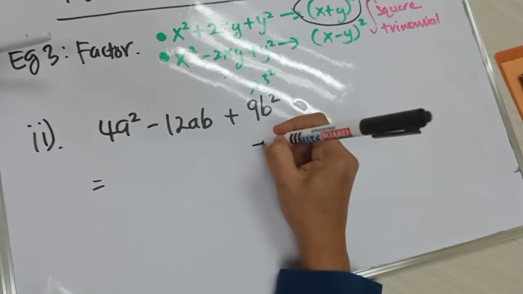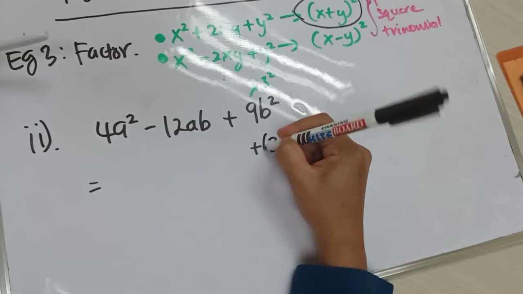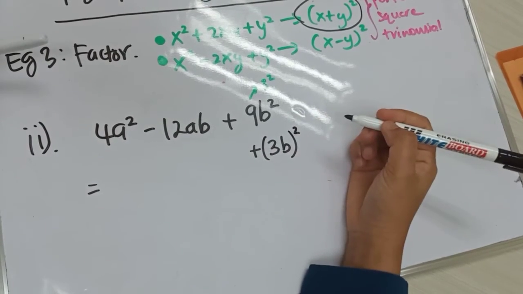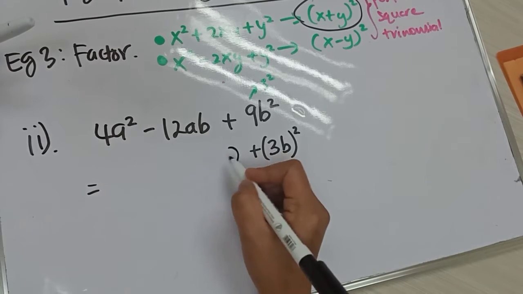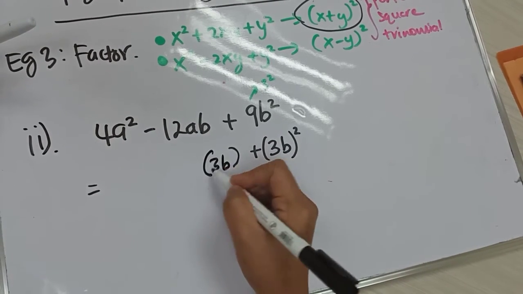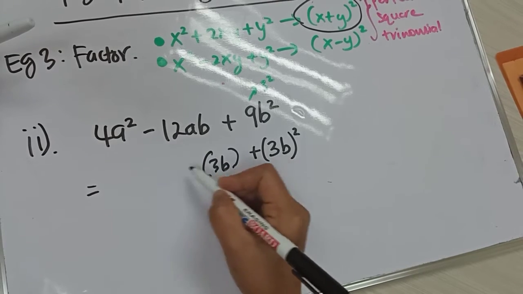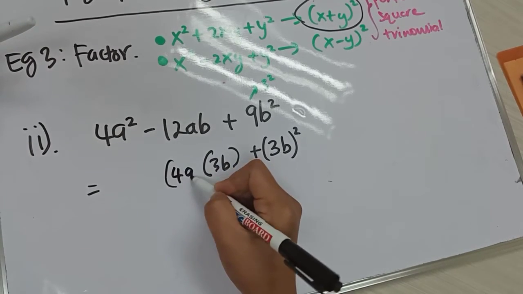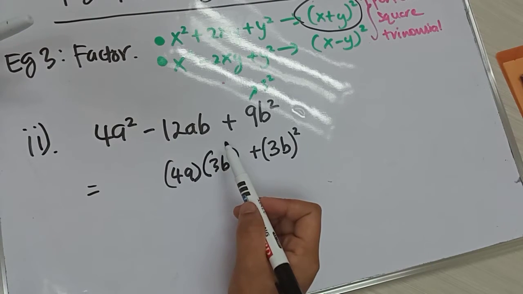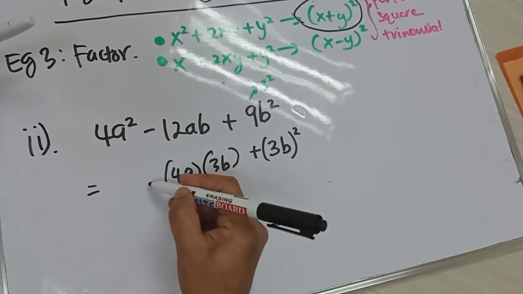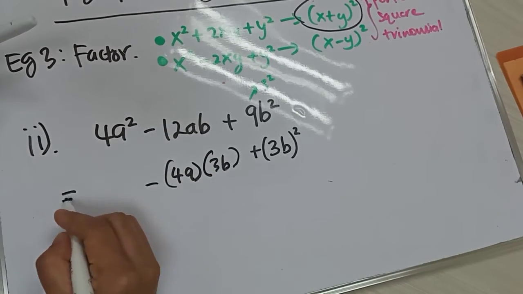So we know that for the third term, it will be 3b square. And we move to the second term. And now we have 3b and now 12a. So that means 3b multiplied with 4a, you will get 12ab. Alright, okay, and then minus. Okay, for the first term, to write in the form of a square, so we know that